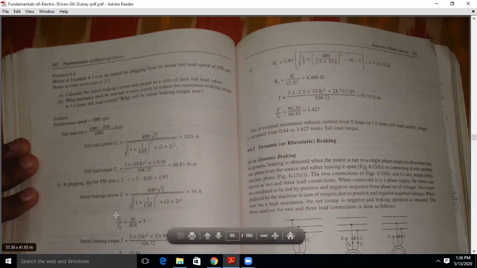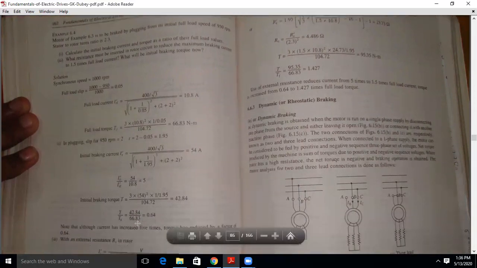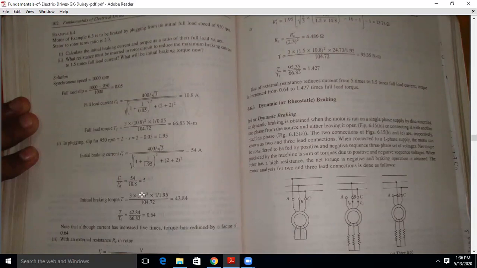of that particular I dash to the I dash F full load. So now the ratio is 5. Now initial braking torque, it is just by putting the values here. This is full load torque. Now initial braking torque is 3 into 54 square into 1 divided by 1.95, again divided by 104.72, which is omega ms. So now take the ratio T by TF,